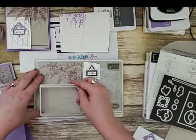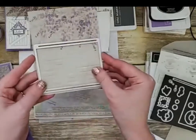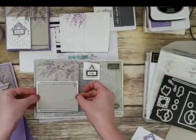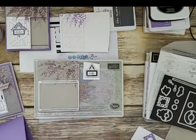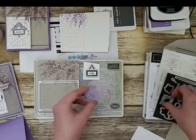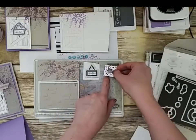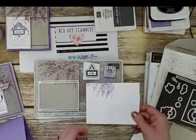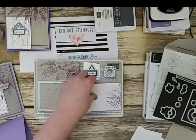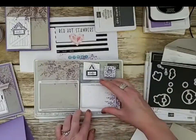I'm going to add the sliding door tracks to the front layer, and I'm going to show you. This layer is smaller than a card base, but it'll still work. You just have to leave a tiny little bit on each side there. Okay, so there's that. And then you're going to grab a scrap of Highland Heather, which I can't find. I already used it though. And you're going to put Highland Heather with this pretty square wreath design. So that one's going to go on there, but I already did that one. Then you're going to add your door, and I should have cut it the other way, but we'll just trim it. You're going to add this piece, which is the door frame,